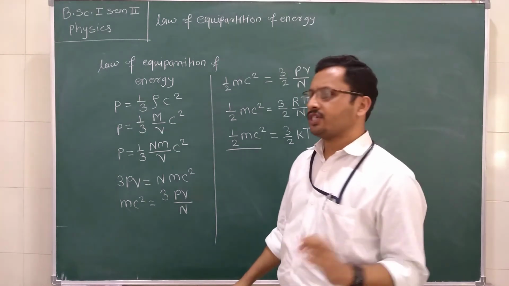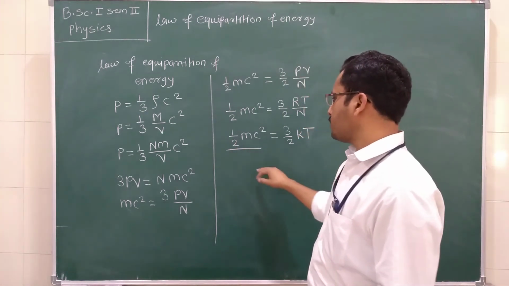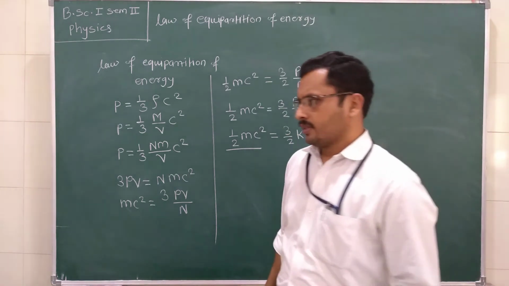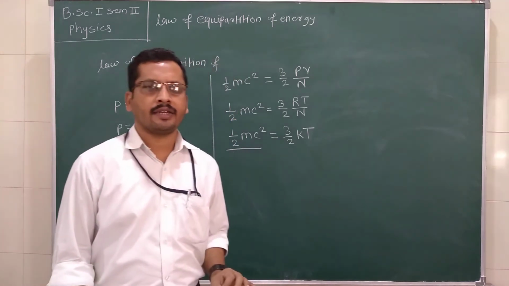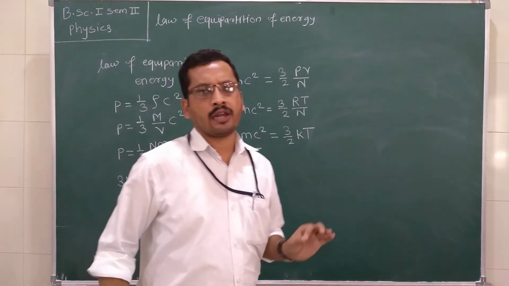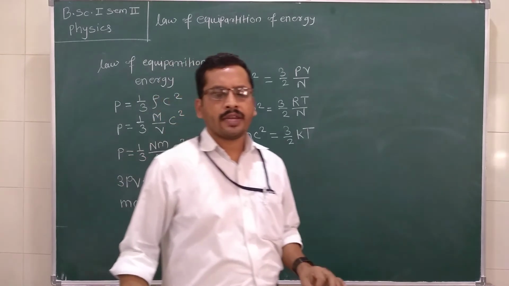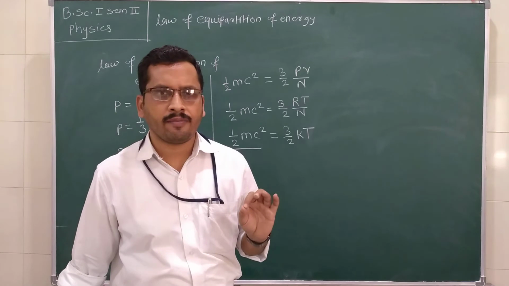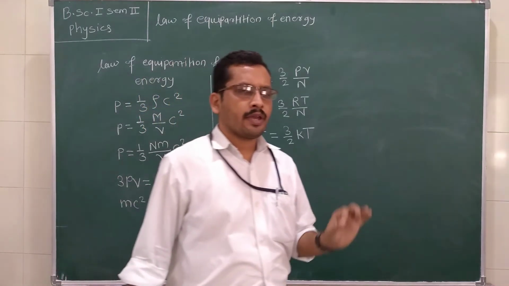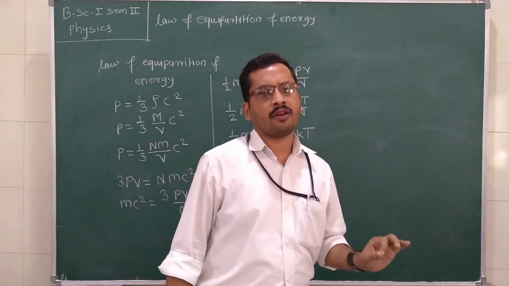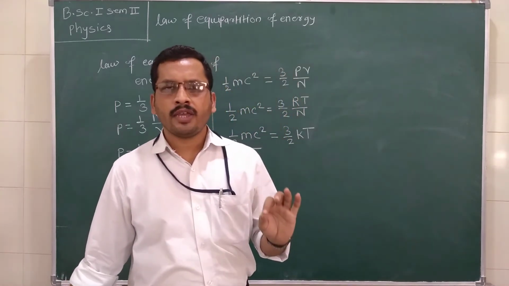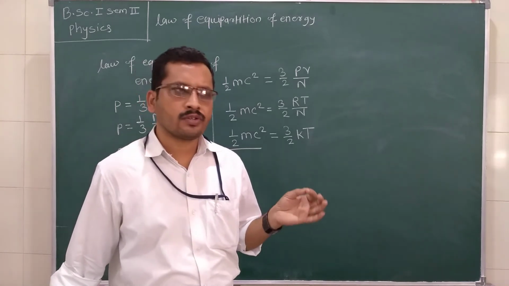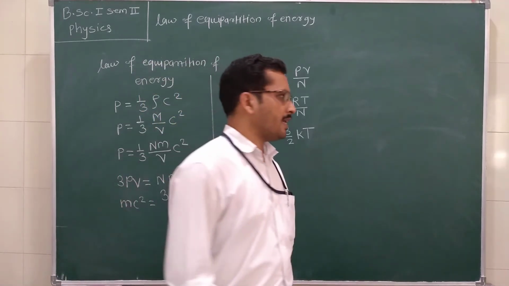Average kinetic energy of a gas molecule is 1/2 mc², which is equal to 3/2 kT. Okay, now it is considered that for the molecules traveling along the x direction, y direction or z direction, the speed or the velocity of the molecule will remain the same. So if u be the velocity along the x direction, v be the velocity along the y direction, and w is the velocity along the z direction, we can say that